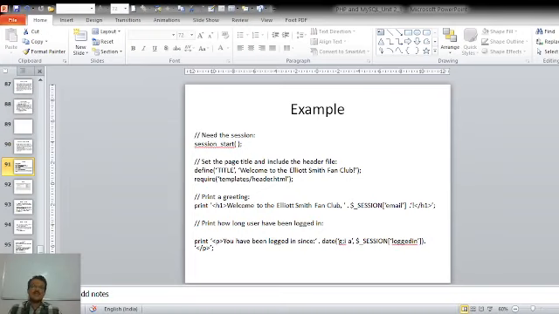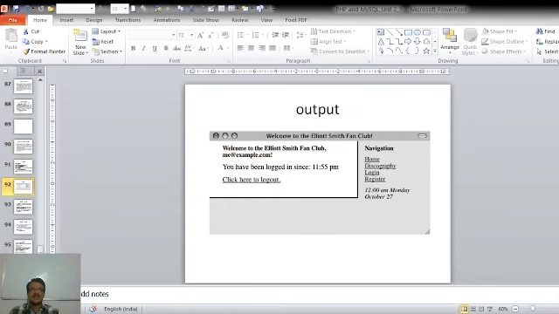Then we are again printing another message, showing how much time has passed since the logon occurred. So we are again printing a message by accessing the second variable, that is logged in. This second variable will provide the time since the login was done. So we get an output something like this: Welcome to the Elliott Smith fan club, and we have concatenated this with the email ID of the user.